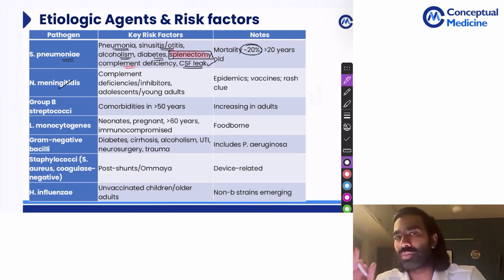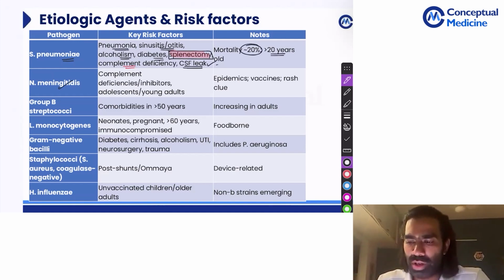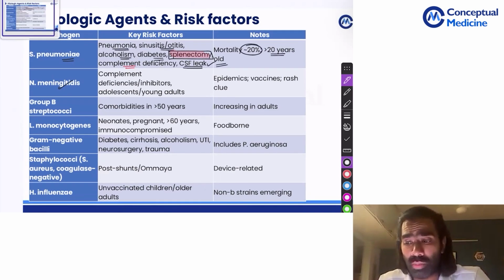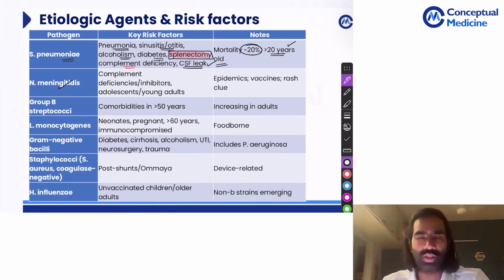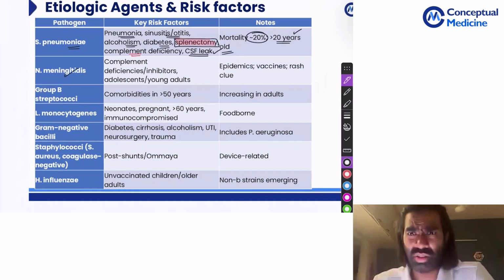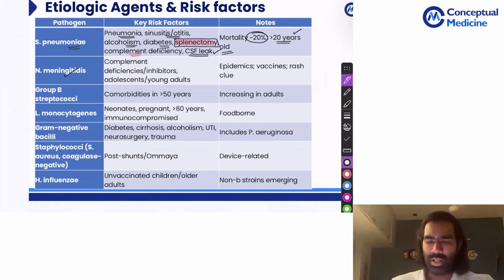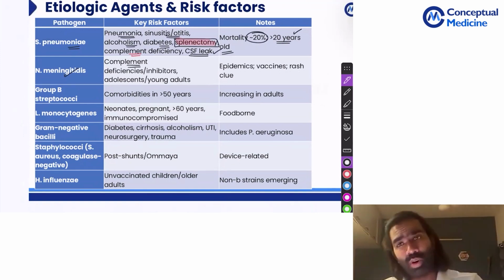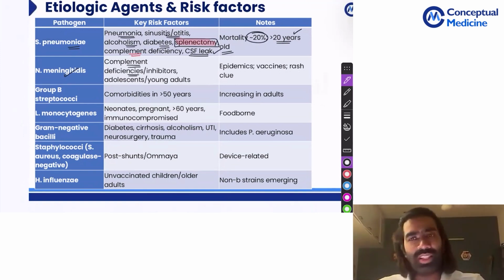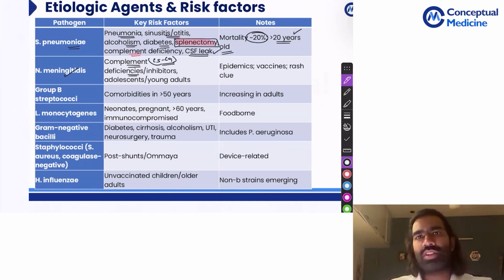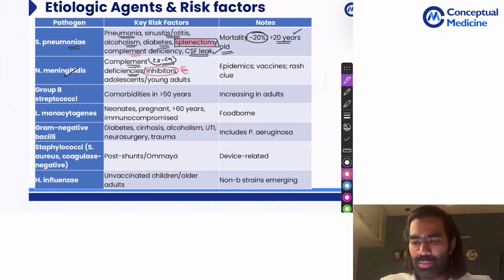That is 1/5 of the patients generally tend to die. And it's going to be more common in people who are more than 20 years of age. So it's going to be common in proper adult life only. And as I mentioned, the important risk factors are going to be complement deficiencies, especially the terminal complement pathway, C5 to C9, the terminal attack complex. If any of the complement in that is deficient, it's going to result in a very high risk of meningococcal infection. Or complement inhibitors, like for example, eculizumab,